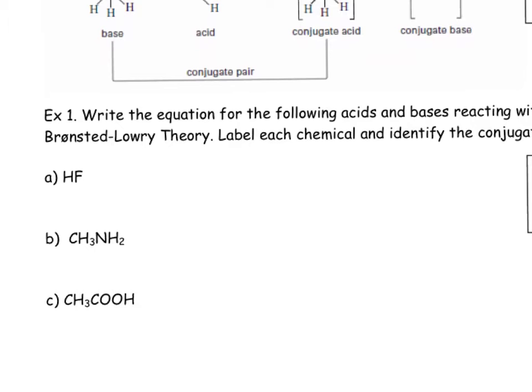If I'm going to write an equation for HF, I need to know if it's an acid or a base. It's an acid because H is listed first. It is a weak acid following rule number 1. Fluorine is one of the exceptions of strong halogen acids. Because this is a weak acid, I have to use Bronsted-Lowry theory. If it was strong, I could use Arrhenius and write an ionization equation. Because it's weak, I'm going to react it with water